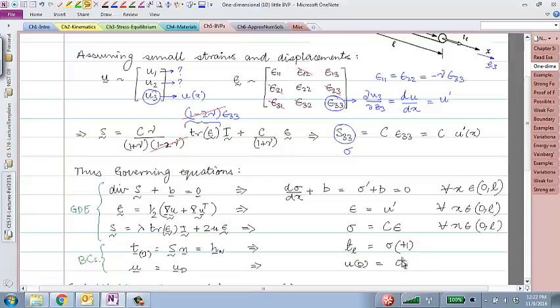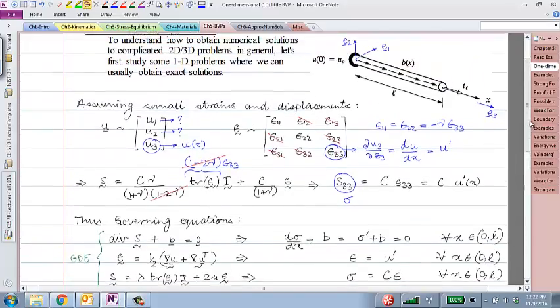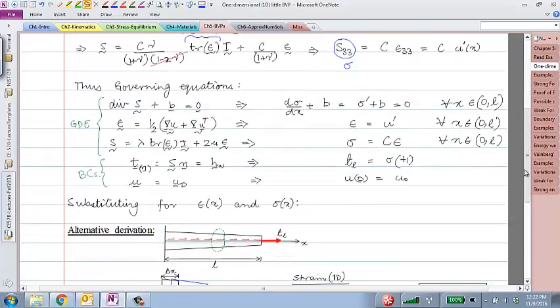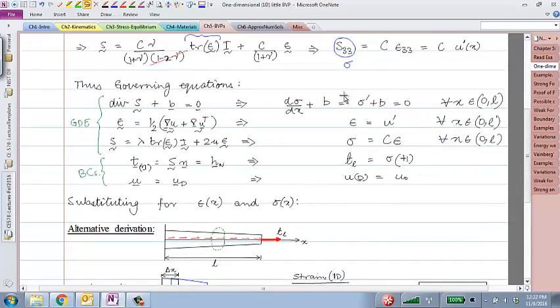This could be non-zero or it could be 0 itself. So what this is saying is that the displacement at x equal to 0 is given to me. It may be non-zero, but it's given to me. Okay. So that's a restatement of my governing equations from a complicated three-dimensional body down to something very simple, one